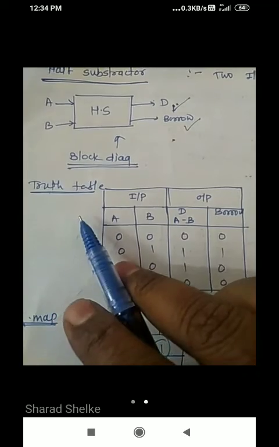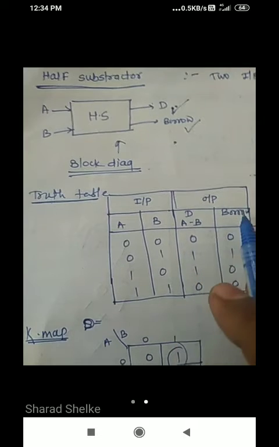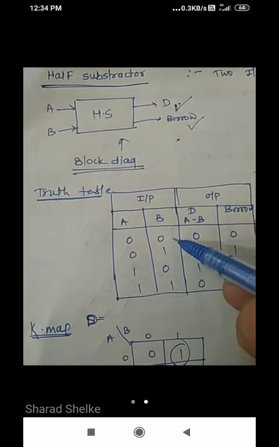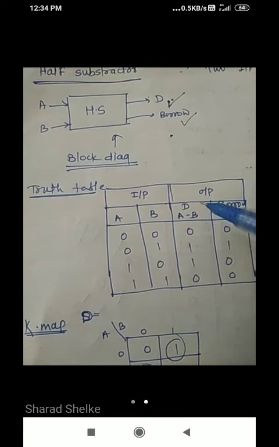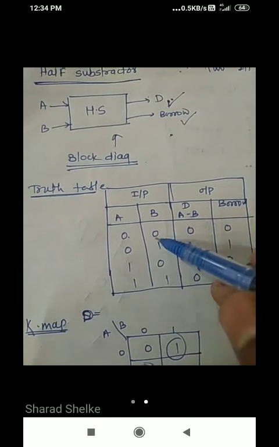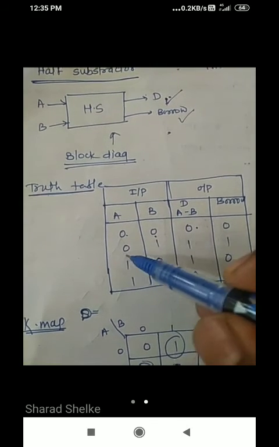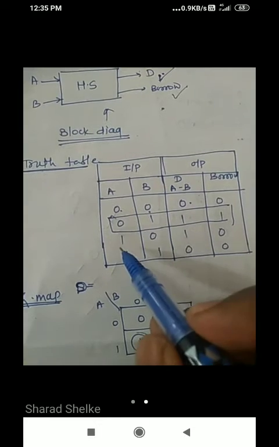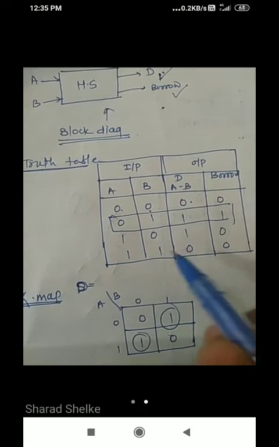Now the truth table. It has two inputs A and B, and two outputs, the difference A minus B and the borrow that will be generated. The input possibilities are 00, 01, 10, 11. It will be the same as the half adder, but the difference is treated here. 0 minus 0 is the same as the mathematical difference, that is 0, and no borrow is generated. 0 minus 1 is the different case; only for 0 minus 1 is a borrow generated, which we will see. Then 1 minus 0, the answer is 1, the difference is 1, and no borrow is generated. 1 minus 1, the answer is 0, and the borrow is 0.